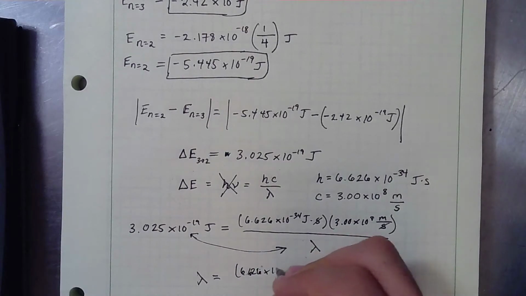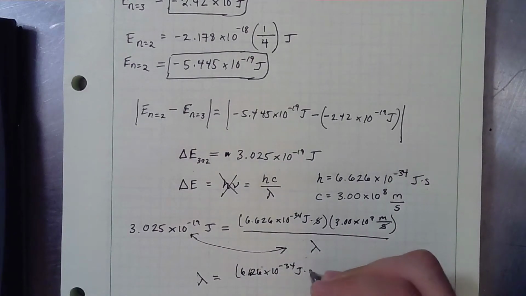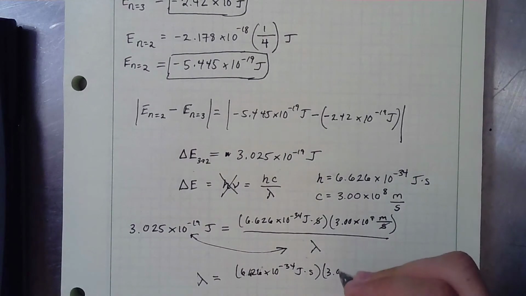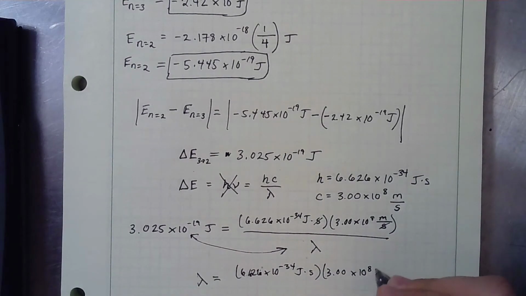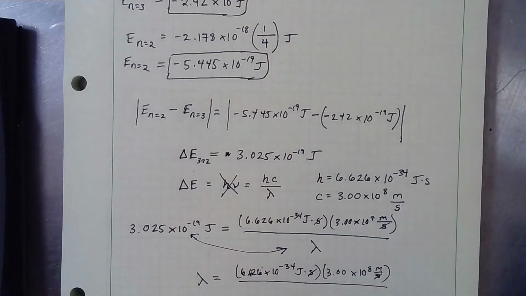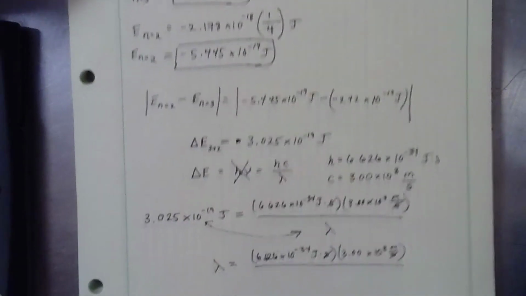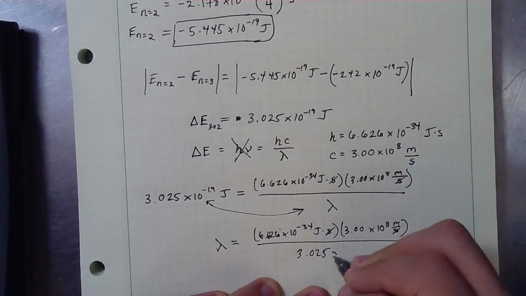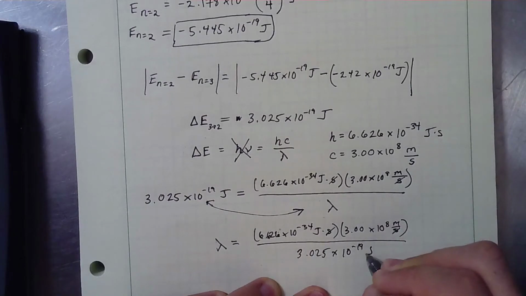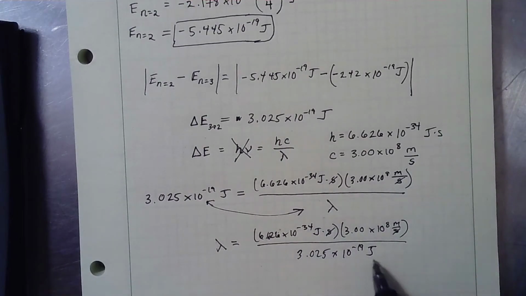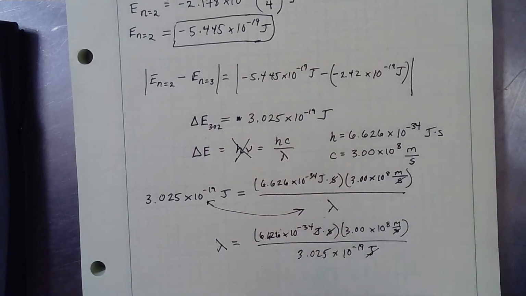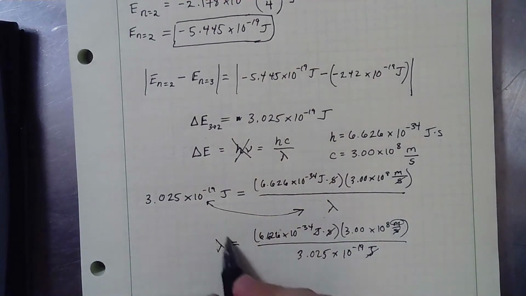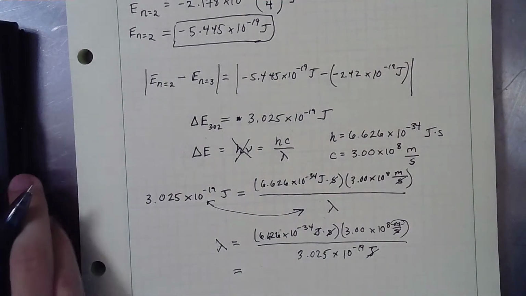6.626 times 10 to the negative 34 joule seconds times 3.00 times 10 to the 8th meters per second. Once again, those seconds are going to cancel, and this is over my energy value, 3.025 times 10 to the negative 19 joules. Check this out. Joules in the numerator, joules in the denominator. Those are going to cancel. All I'm going to be left with is meters, which is good because that would be a length, right? A wavelength. This is then equal to,